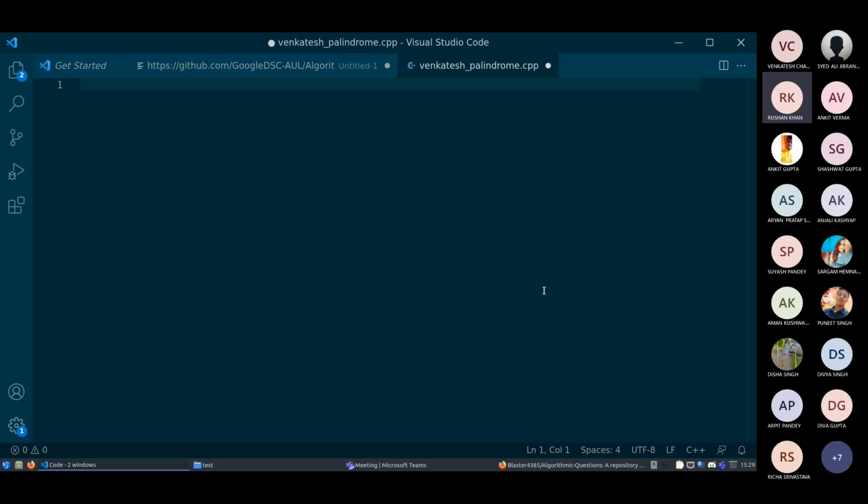Venkatesh, can you also please share the link like you did for the repository? Can you share the Discord link so that people who are here but not on Discord can join there too? So you all can communicate back and forth. Okay, I have to find it, one second.